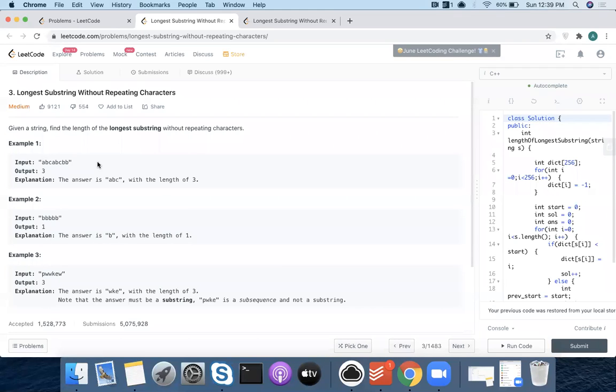When A comes, I see that A already exists in the map. So I remove A, as my start was the start of the window which was at A, and move it to B. At that point all the counts are one.